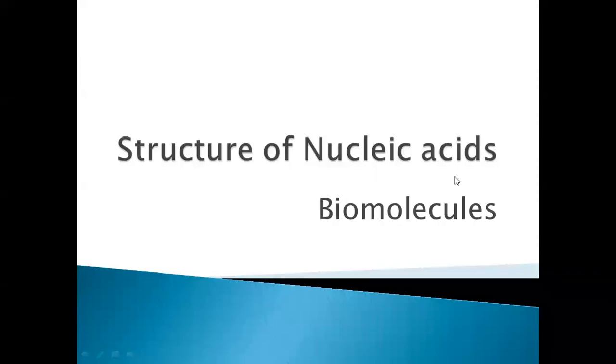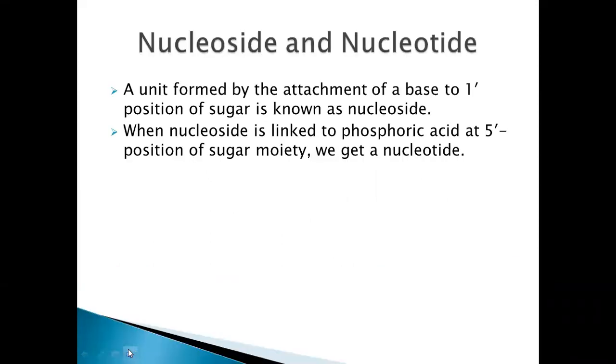So in this video, let's look at the structure of this nucleic acid from the chapter biomolecules. In my previous video, I have shown you the chemical composition of what this nucleotide is made up of. So to sum up, the nucleotide is made up of three components here. So on hydrolysis of DNA and RNA, we get a pentose sugar,